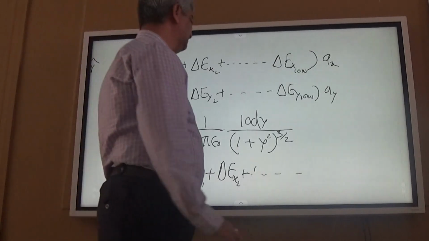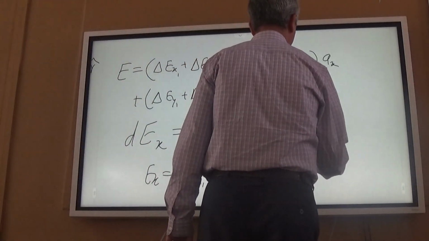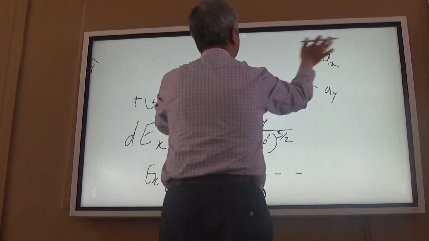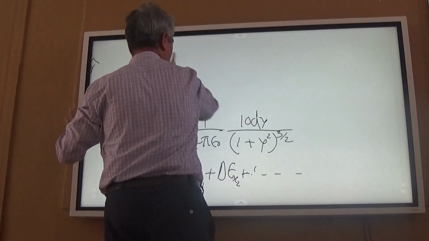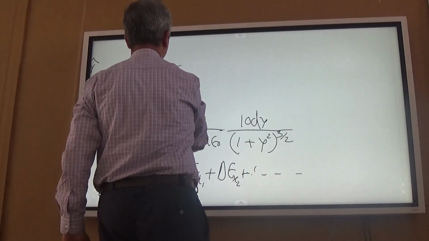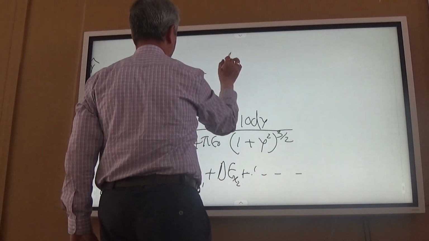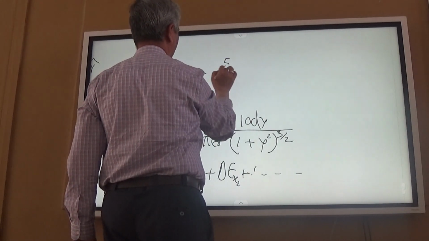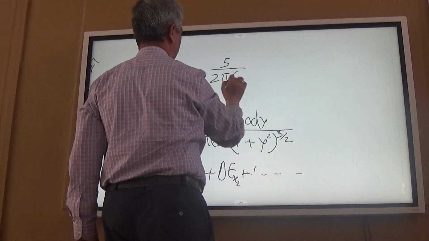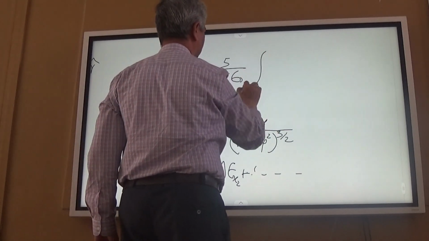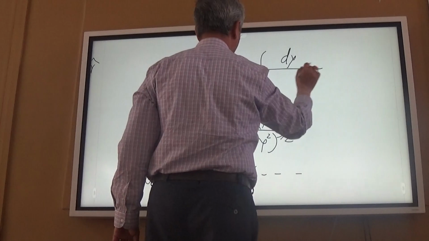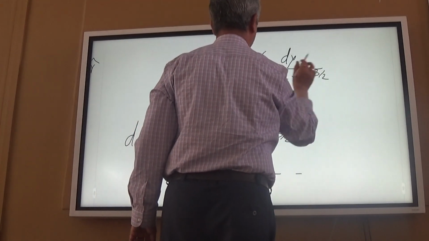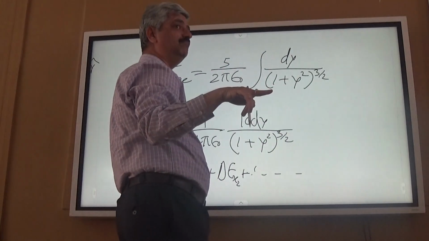And what is Ex then? If this is dEx, then Ex would be the integration, the limit of the sum. Ex is integration of 10 upon 4 pi epsilon, that is 5 upon 2 pi epsilon naught, integration of dy upon 1 plus y square raised to 3 by 2, and y is from,